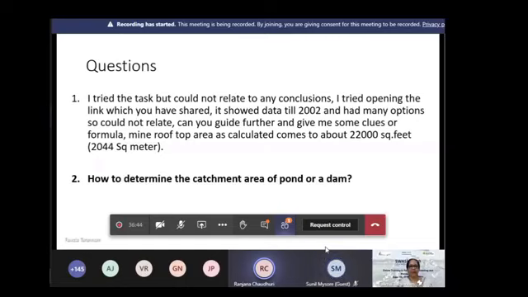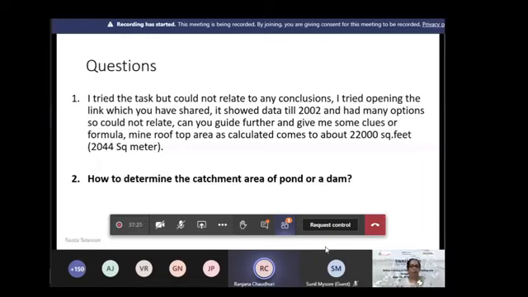It is wonderful to see that you have already started your calculations and want to know how to go about it. If we are talking about the catchment area of a pond, what is generally done is we prepare a contour map. A contour is a different elevation, different heights in an area, and we try to locate from which area the water can come because of the level difference between the highest and the lowest level. The pond in any area is at the lowest level in that area. And if you are asking me what the catchment area can possibly be, it can be 2 square kilometers. That is the maximum for a pond.